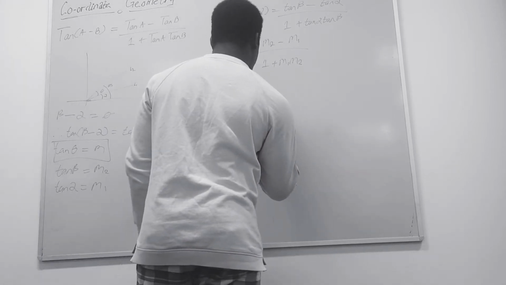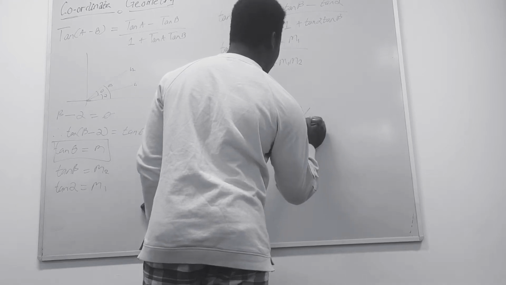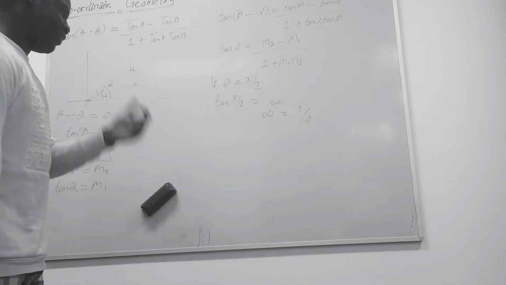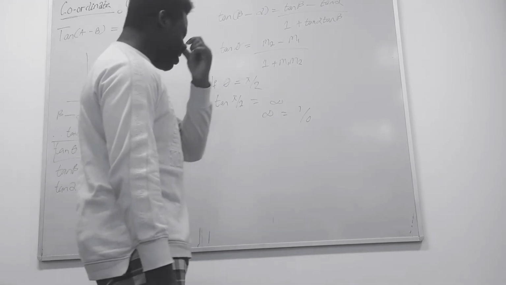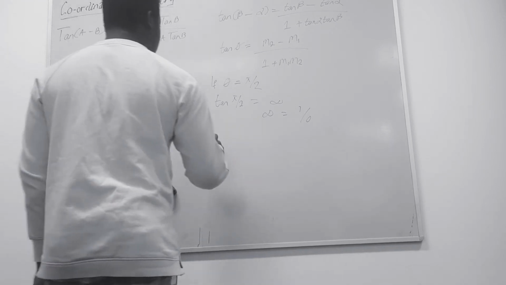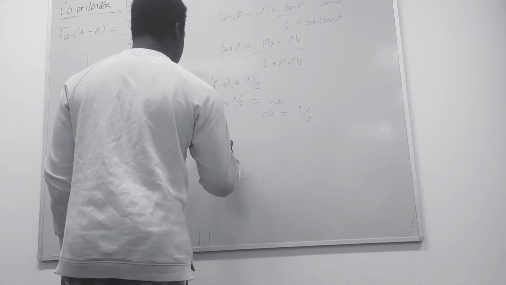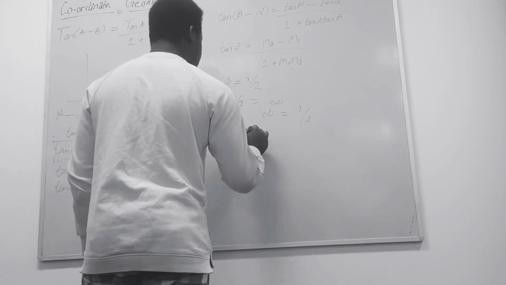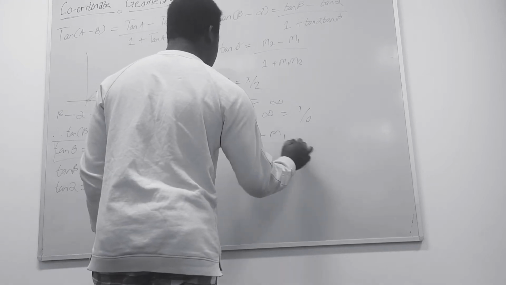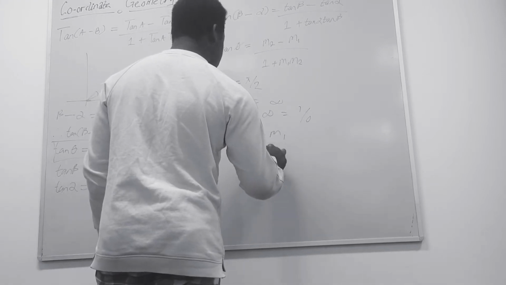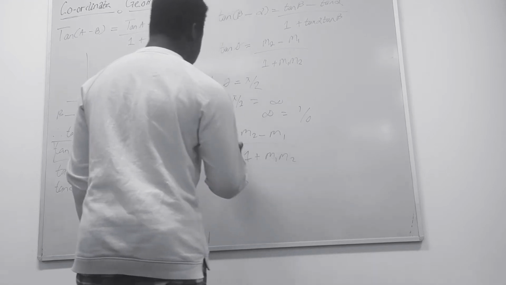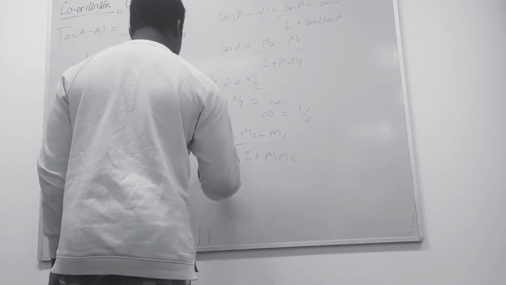We defined infinity to be 1 divided by 0, which is not really a good definition, because we can't divide anything by 0, so we just say it's undefined or infinity. So let's put that here: 1 divided by 0 is equal to m2 minus m1 divided by 1 plus m1 m2. In which case, if you cross multiply, you have that m2